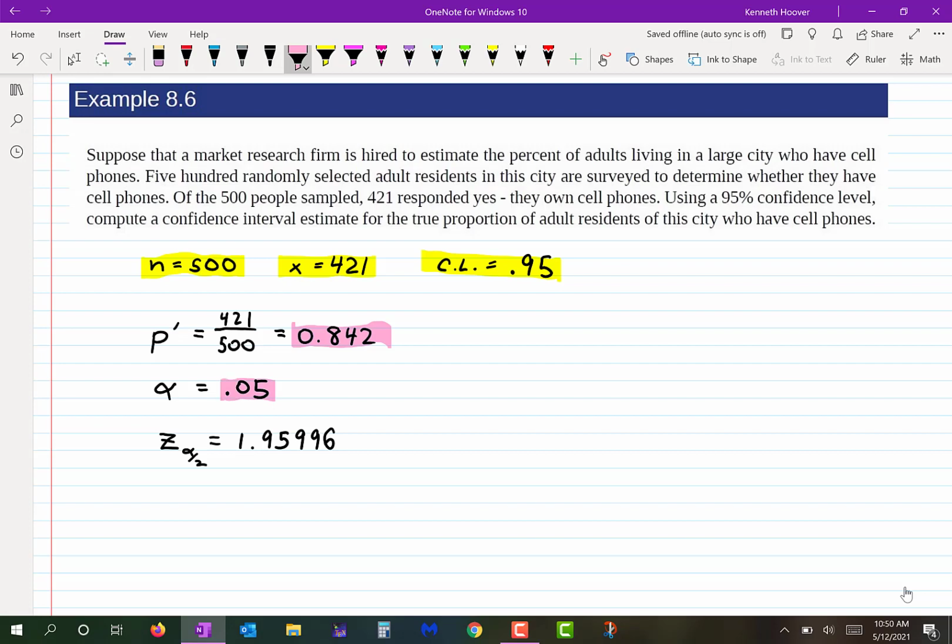We write down alpha. I used Excel to find the z-score. Okay, and then I can calculate my margin of error. Which is what? It's our z-score